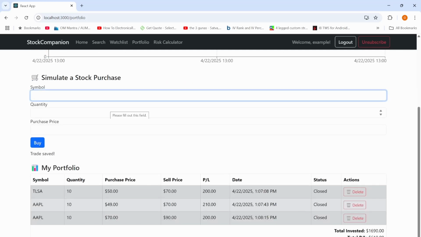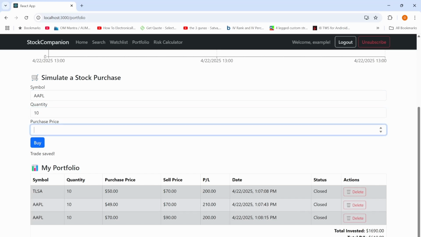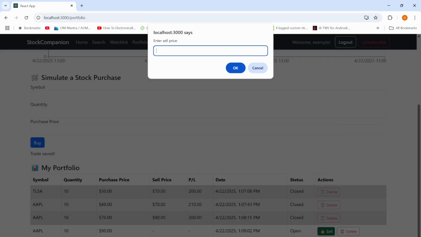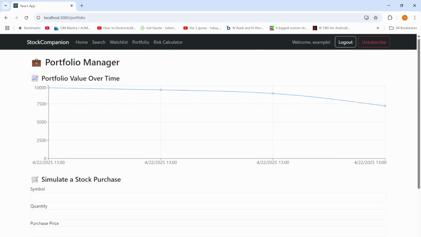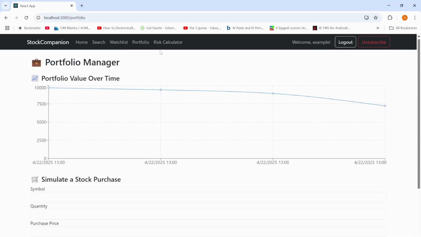And let's take a third Apple trade. Without risk management, let's get 10. Let's buy for $90, buy price. And Apple decides to tank on bad news, so we sell at $10, right? Return on investment collapses to negative 7%, and everything's going downhill from there. We lost a lot on this trade because there was no risk management,